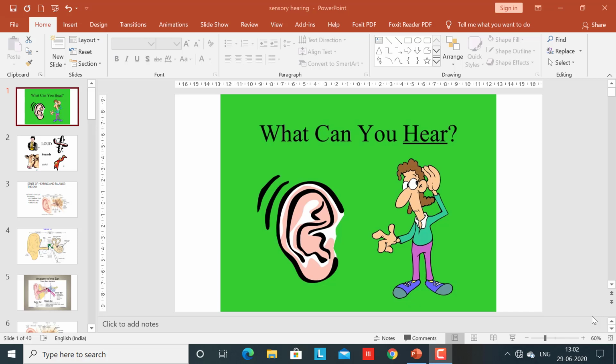Hello students, today we are going to do a new sense organ, that is our sense of hearing. The hearing sense can be performed with the help of our organ, the ear. We have the ear on the external surface, and inside we have different parts: external ear, middle ear and internal ear. These perform various functions, like the sensation of hearing and equilibrium. So different parts of the ear are responsible for that.